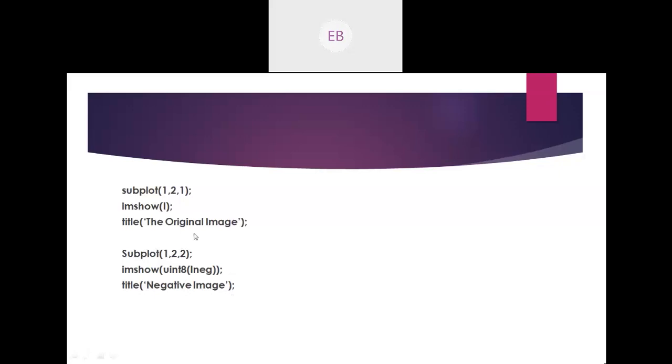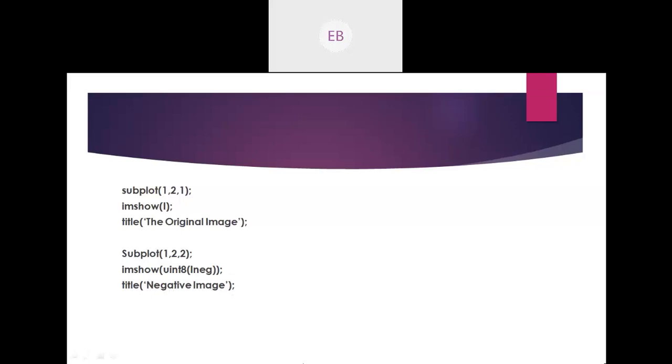We want the image to be displayed, and definitely it is an image of zeros and ones. So I'm converting the double values into integer. Whatever values in the negative pixels are in the form of double will be converted into integer type.